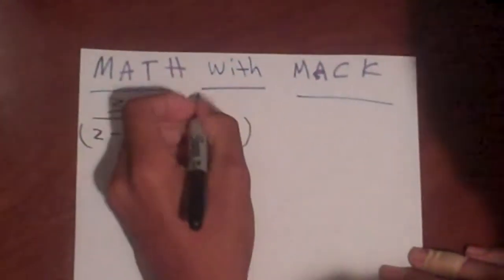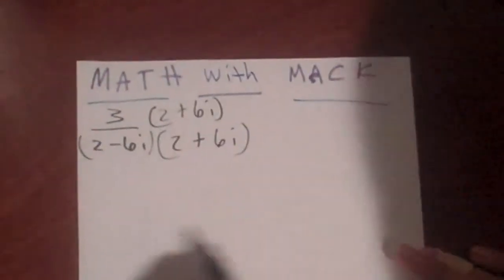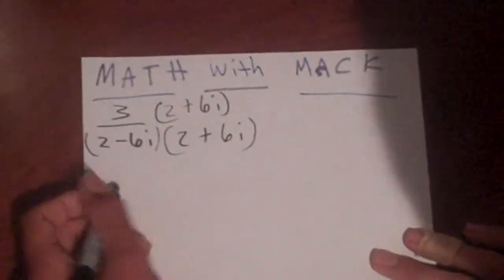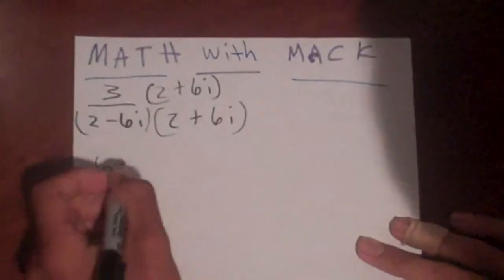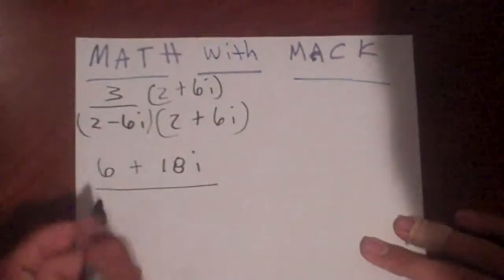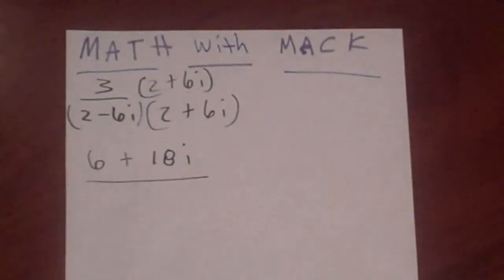So 2 plus 6i, and now we distribute the 3 into 2 plus 6i, and that's 3 times 2, and that's 6. 3 times positive 6i, that's plus 18i, and that's going to be over, let me FOIL here, F-O-I-L,